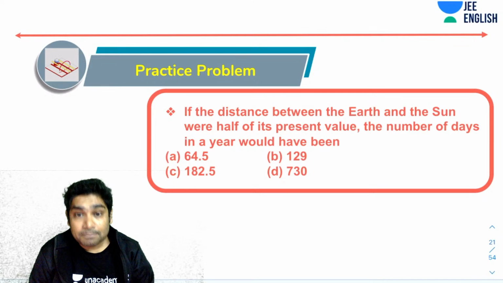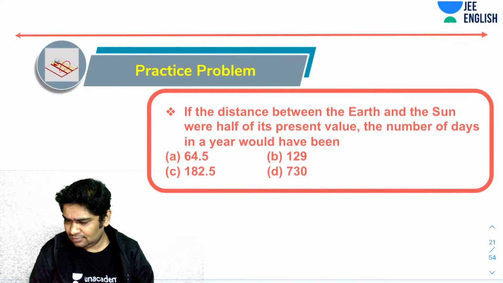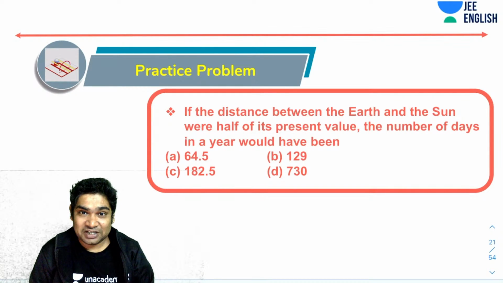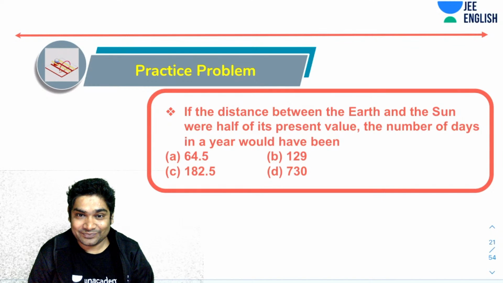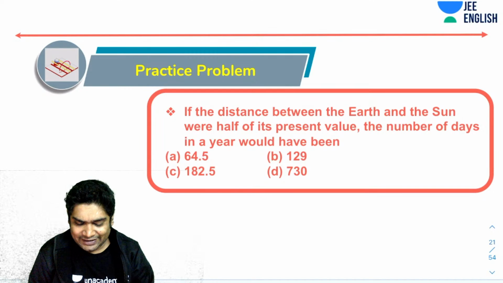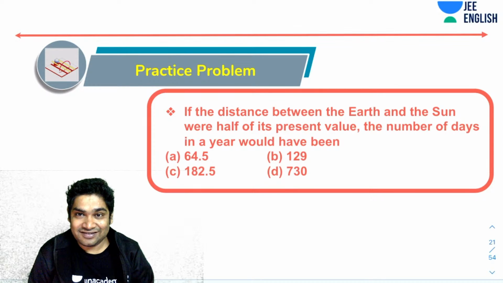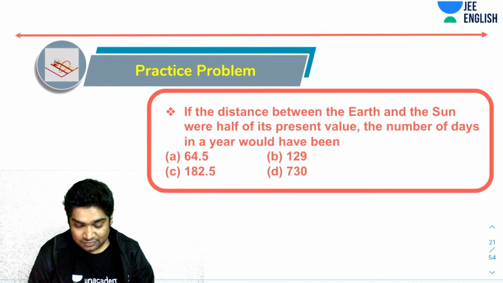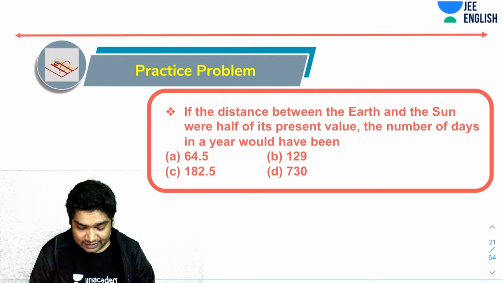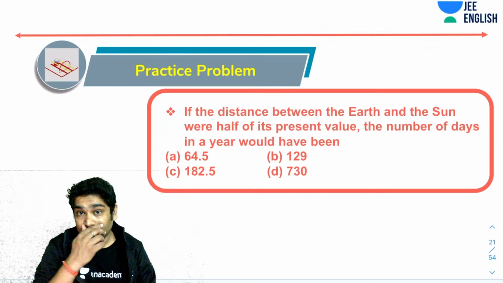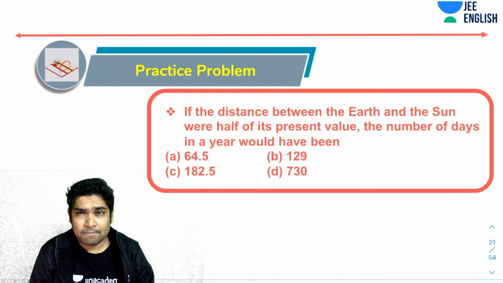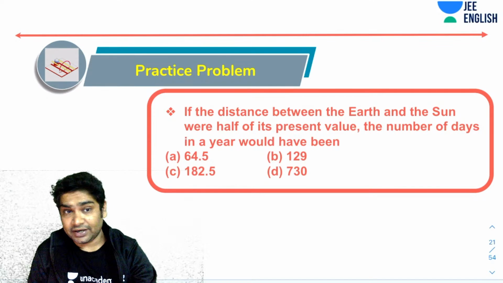So let's see. Okay, D. No. Definitely not D. Let's see. So definitely not D. So try again. Try and figure it out, how much it should be. I think in this case it should be C. In fact, D you can straight away eliminate, by the way. So all you need to do is